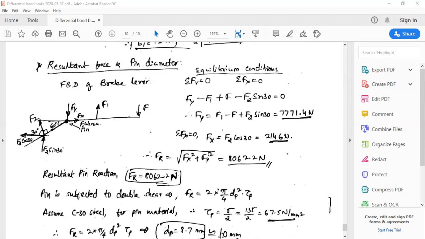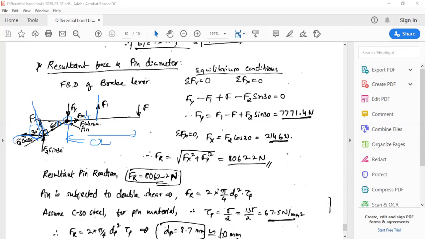To draw the free body diagram of brake lever, say this is the fulcrum point as it is shown, and the length of lever is to be represented as A on one side of the fulcrum pin, and this is the distance of B1 here, and this is F1, and this one is F2 perpendicular to this lever itself, and the angle it is 240 degrees given, and so that here it is 60 degree. And if I again simplify, this F2 makes an angle of 30 degrees with the horizontal, so that this F2